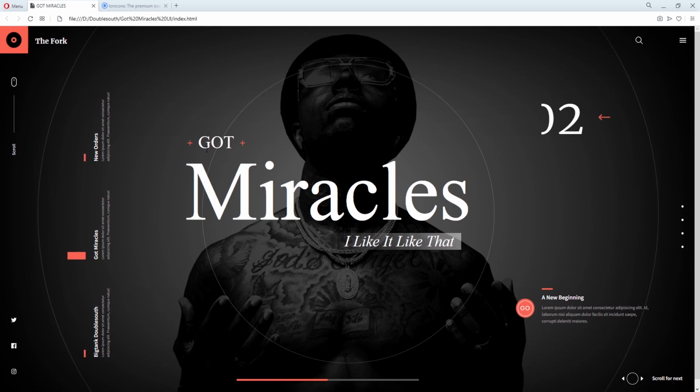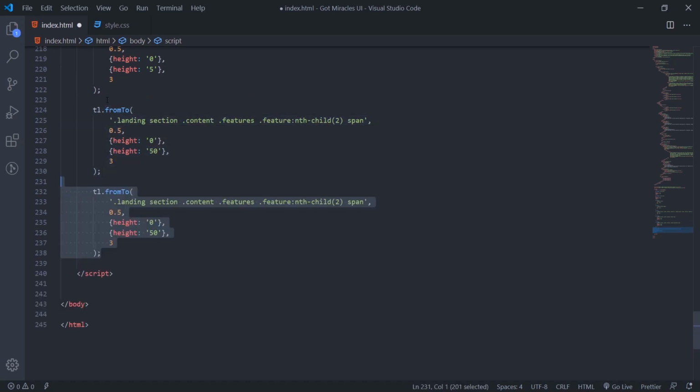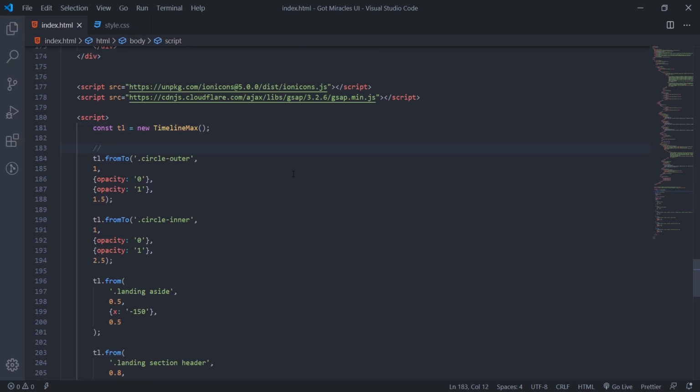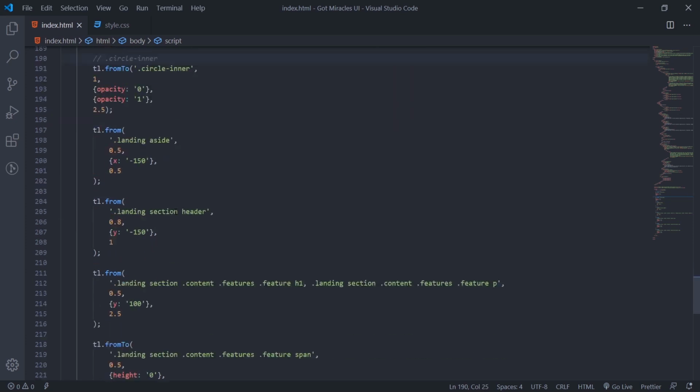The next one we'll target now, we'll target this side. So we'll target this guts, we'll target the miracles, and we'll go do this I like it like that. So what I could do, I'll just duplicate this one. One thing I need to do here, it did go to the comments when you use GSAP, because if you target so many things, you can lose track. So I've just dot circle outer. I'll copy this one this time here. Now this one will be circle inner.